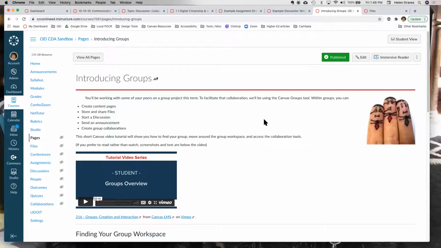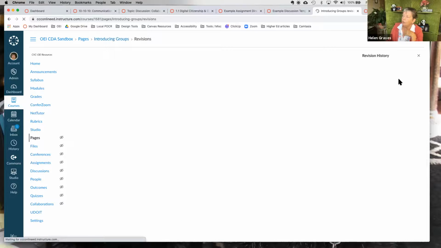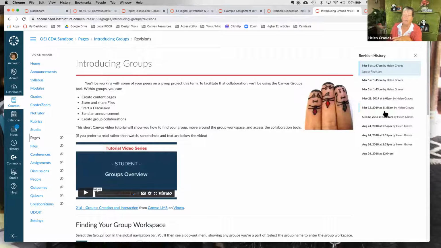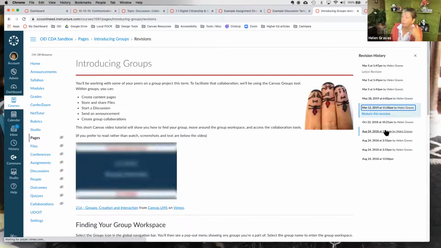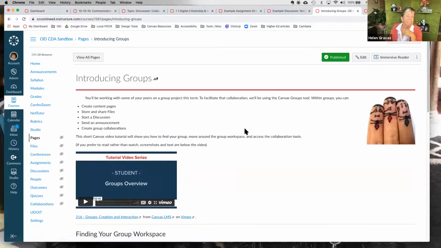Okay. And how do you access that again? You go into the three little dots. When you're on a page, if you click the three little dots, one of the options says view page history, and it will show you the 25 most recent versions of that page. And then you may have to look through them, depending on what changes you made. But when you find the one you want, you just click restore this version and it makes it the one. It's kind of cool.